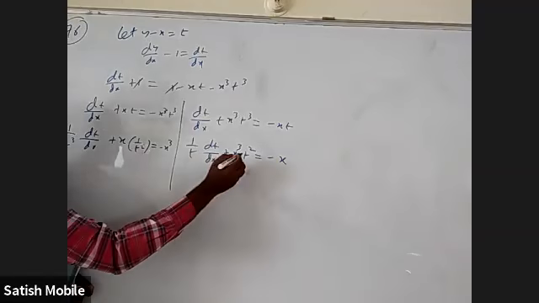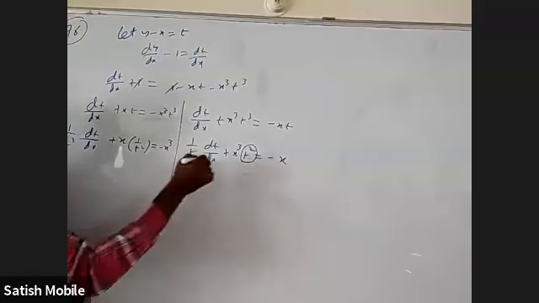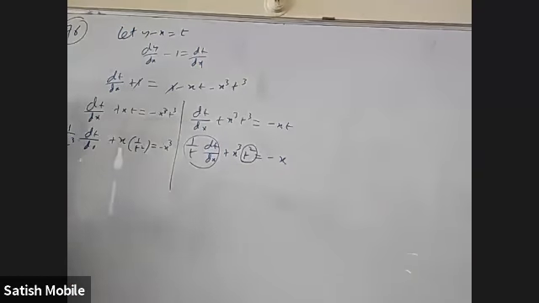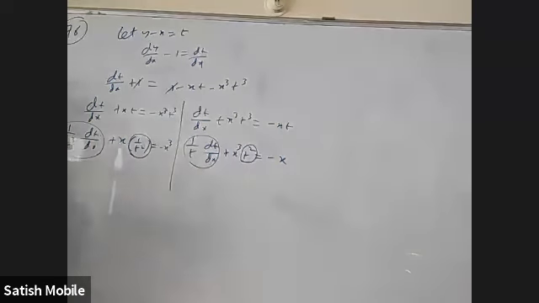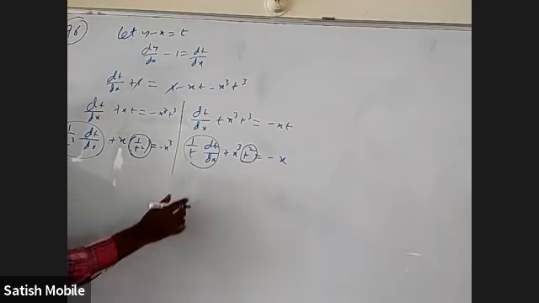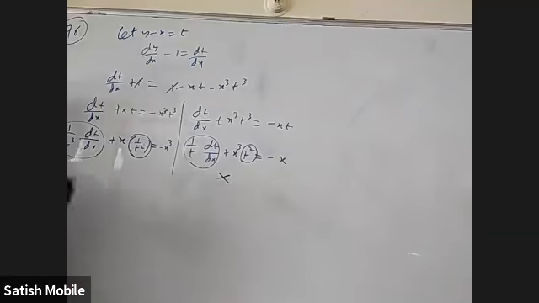Now, this is not so suitable because if I take t square as some z, its derivative is not available here. T square is z means the derivative would have been 2t dt by dx. But coming to here, if I take 1 by t square as z, will its derivative be available? Yes, the derivative of 1 by t square is minus 2 by t cube. So that's why we are going to proceed with this.